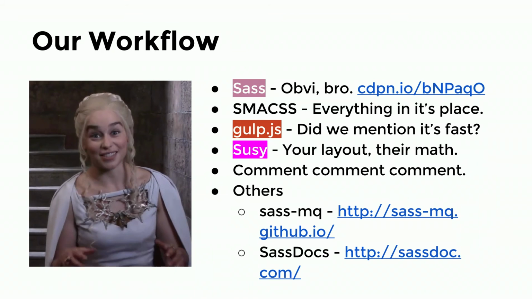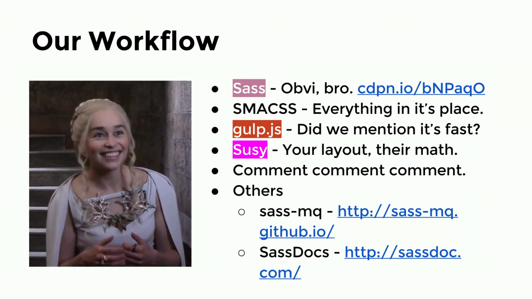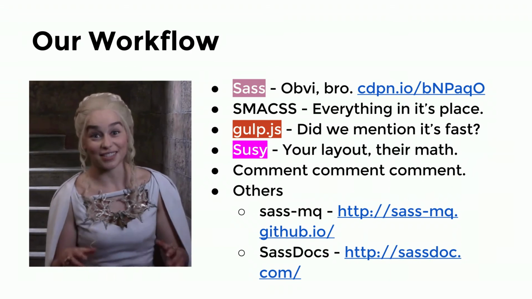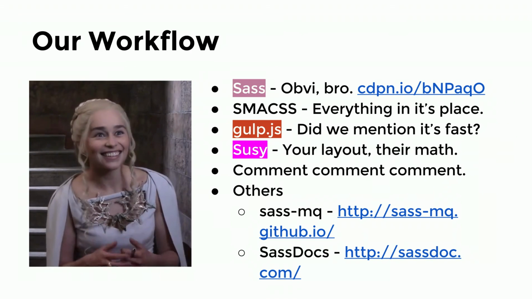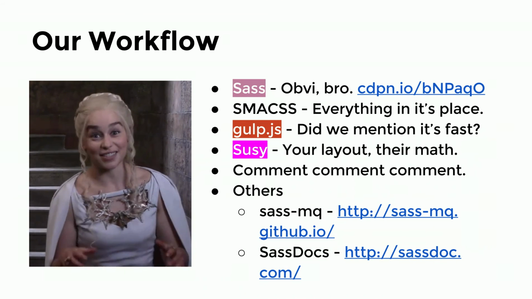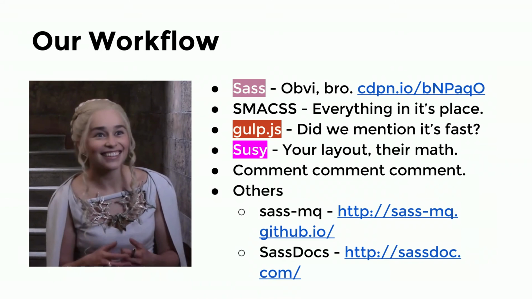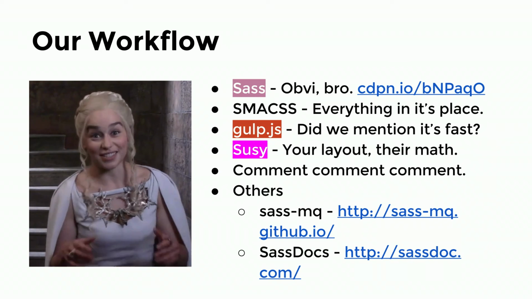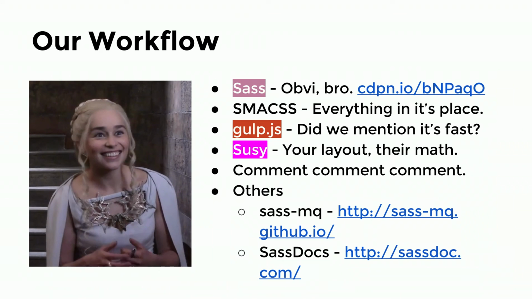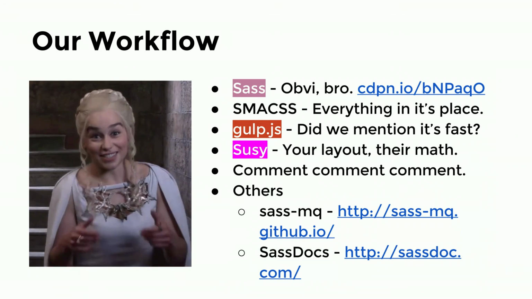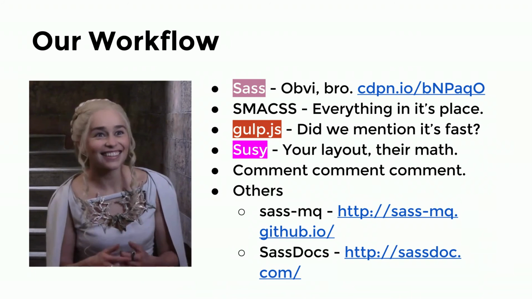So our workflow, to kind of wrap it all up: we like Sass. As a development shop, we like tools that make our lives easier, and we felt that Sass does that. I don't really want to move on to a post-processor. I don't want to lose my variables. I don't want to lose my mixins. I don't like the spec of CSS variables, where it's like root and then dashes. I just don't like it. I don't want to write CSS like that. I don't want to write style like that. So we've adopted Sass, and we won't let it go until it's dead.